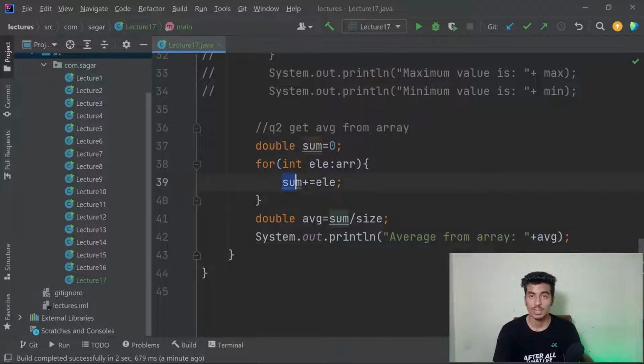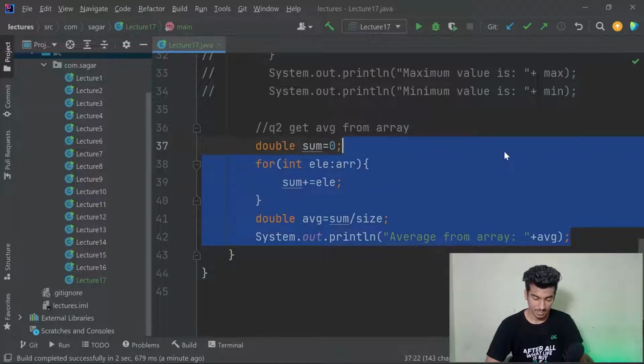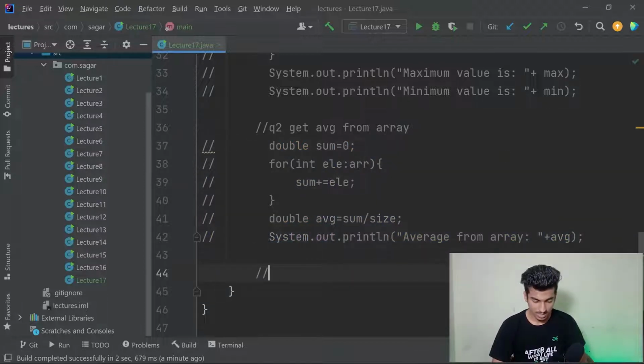So in this way you can create a variable and add every element in it, so you will find the sum. And the same for multiplication, you can create a variable and then multiply every element in that variable, and you will get the multiplication of all the elements from the array. So that was a very quick program, and after that let's move to our next question,